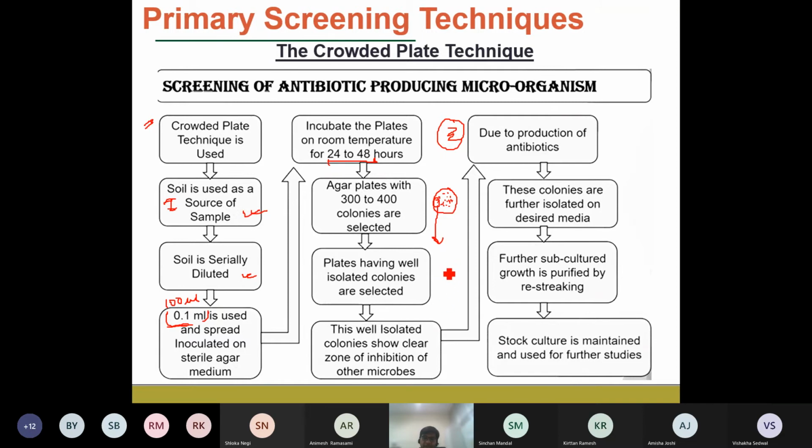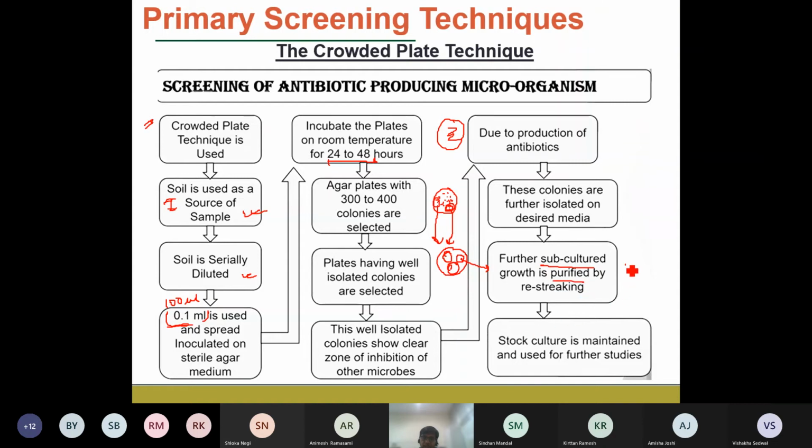These microorganisms containing individual colonies are taken out, and then they are streaked on other plates, and we can see, for example, the zone of inhibition. So here also you can find the zone of inhibition, but if you take a particular strain and grow it as an individual, you can find larger zones of inhibition, and then this particular microorganism is isolated and subcultured to get the purified culture.